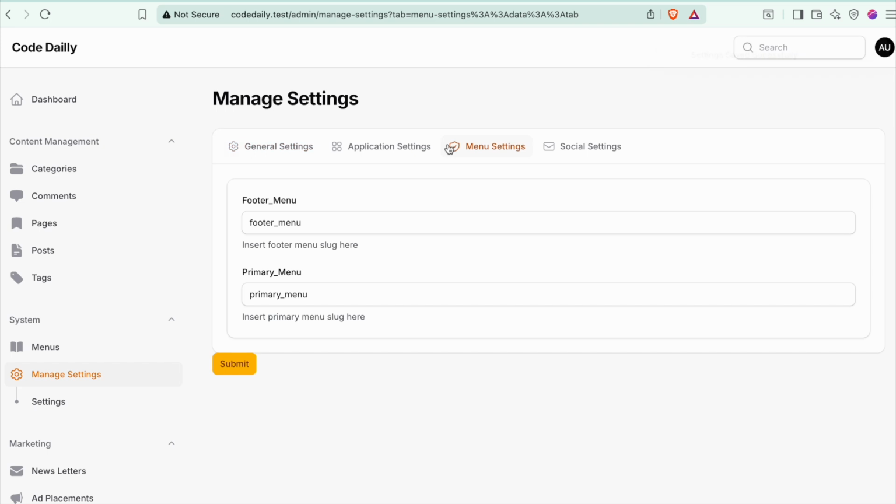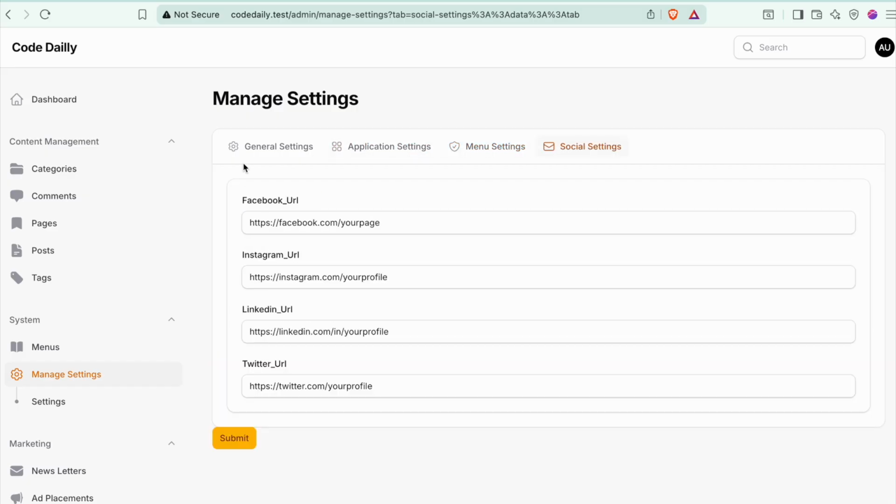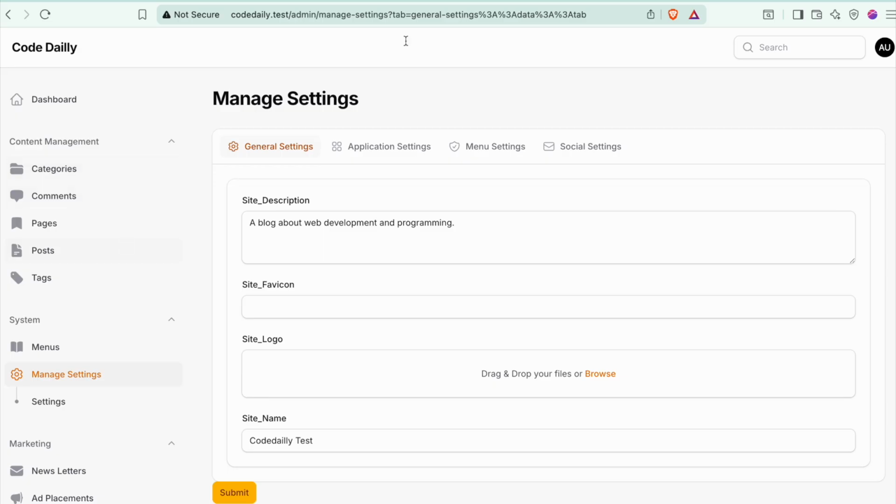And similarly for the menu, how the menu is coming in the front end. For now I have used it hard coded. I need to insert the slug here, but we can do it directly using the location. We can fetch that, like header location or footer location, so we can do it in that way. So we'll start this project. This is just a demo. So if we go back to our